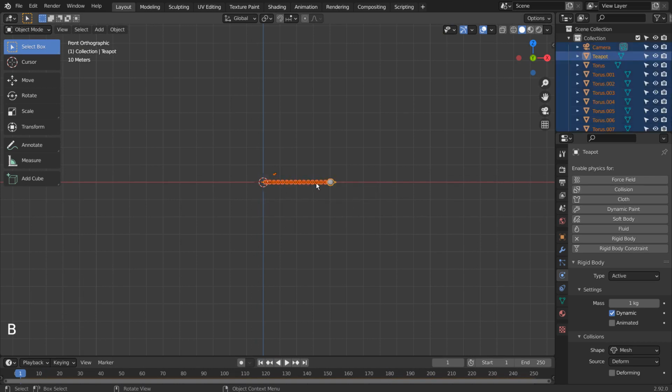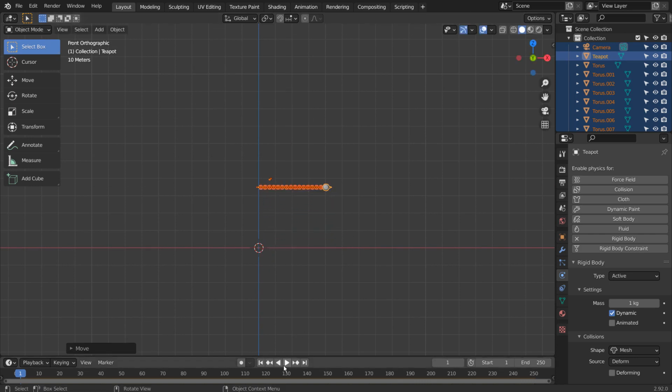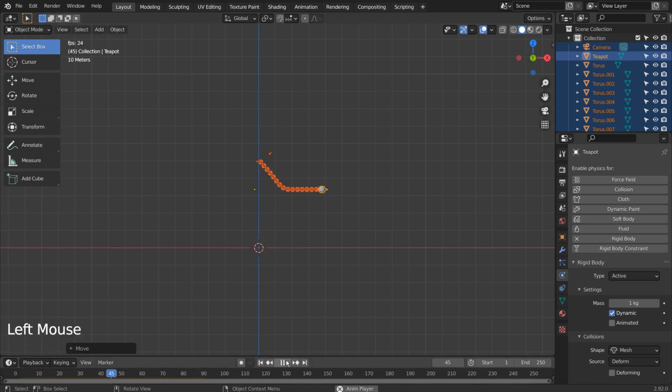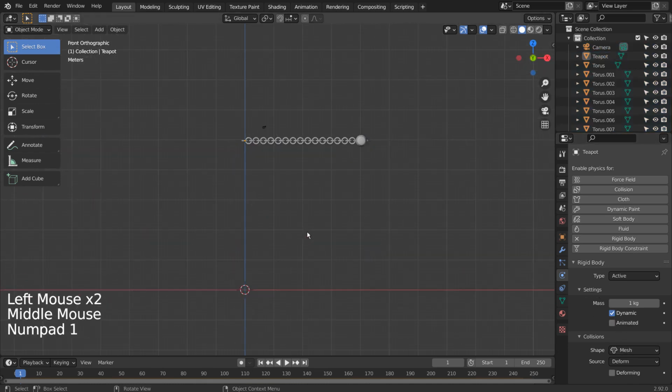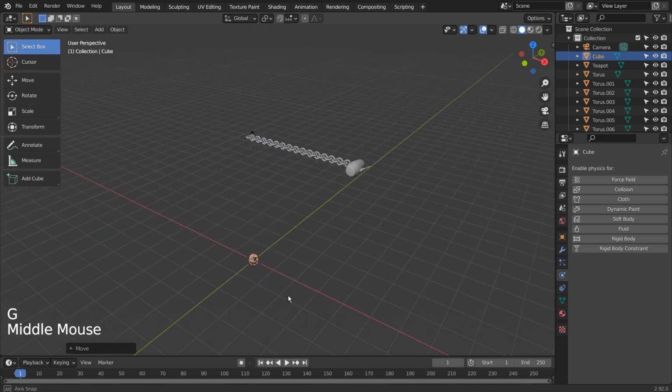Let's bring the meshes up on the Z-axis, and start to add the boxes. We need rigid body.